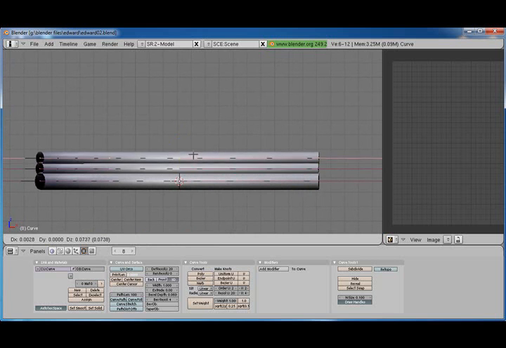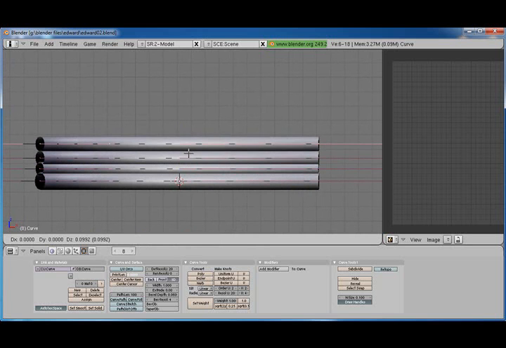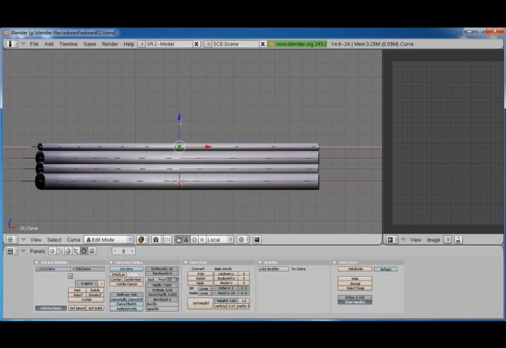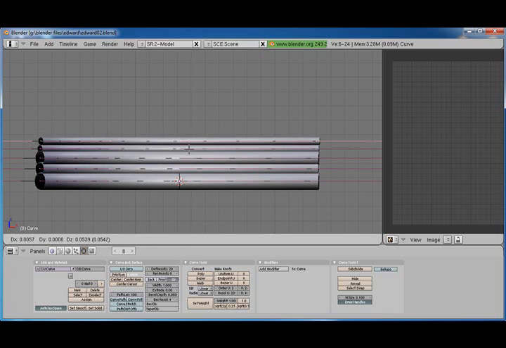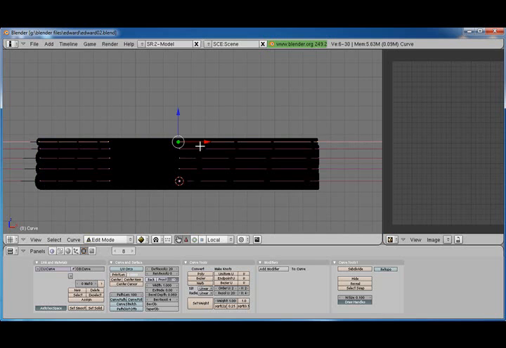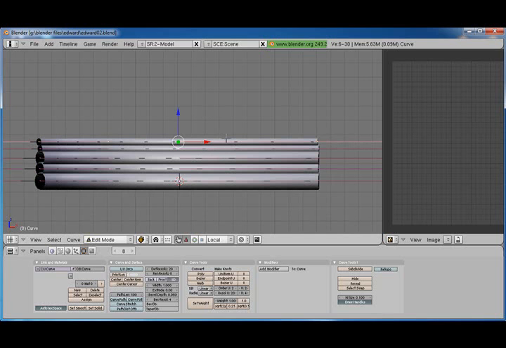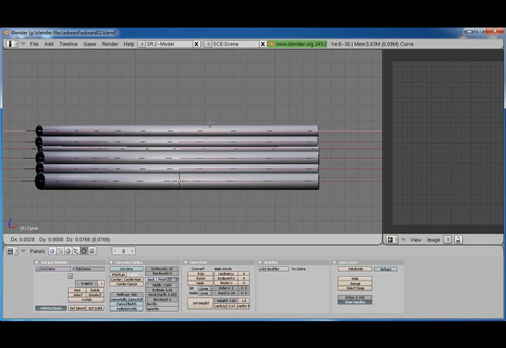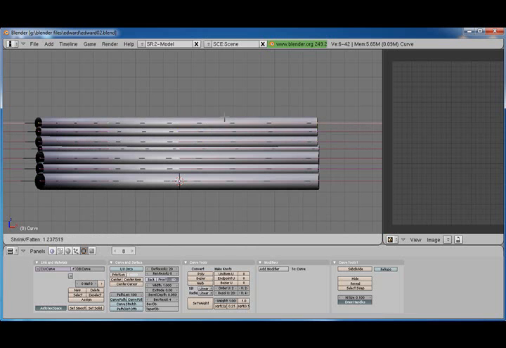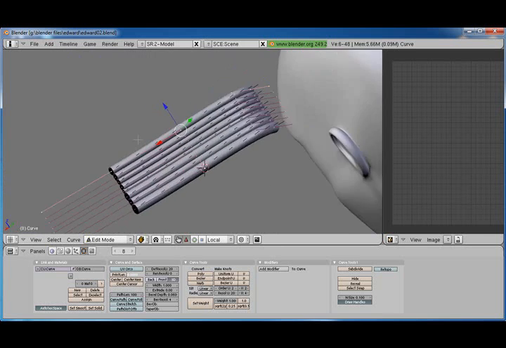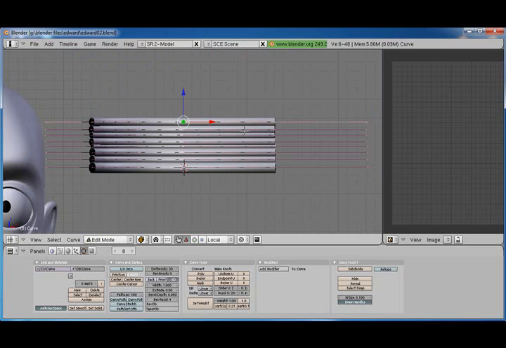Shift D duplicates. Just keep doing this until you have a few different pieces here of different, varying sizes. Shift D. Oops. Hit Alt Z on accident. It needs to be Alt S. There we go. Shift D. Alt S. Shift D. Alt S. Shift D. We're kind of making just sort of a wig thing here to go over the top of his head. We'll rearrange it here in a moment, but